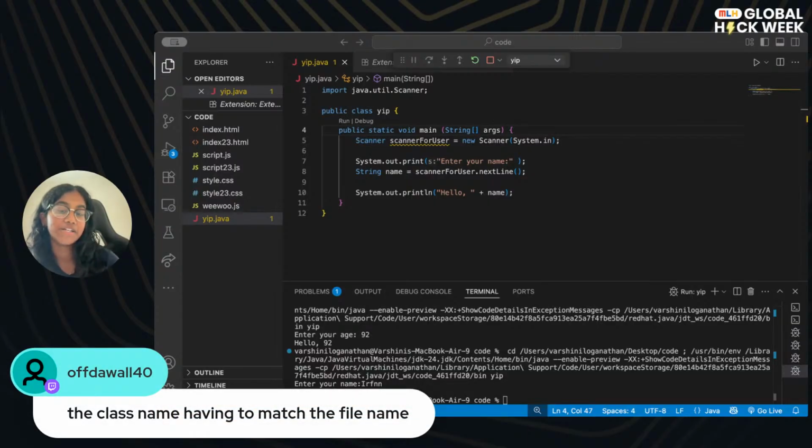Yeah, this is also pretty annoying. Like I was saying earlier, I'll just be trying to make a class and I'm like, why is it not working? I can't figure it out for the life of me. And then I'm like, oh my God, I just didn't call it the same thing.